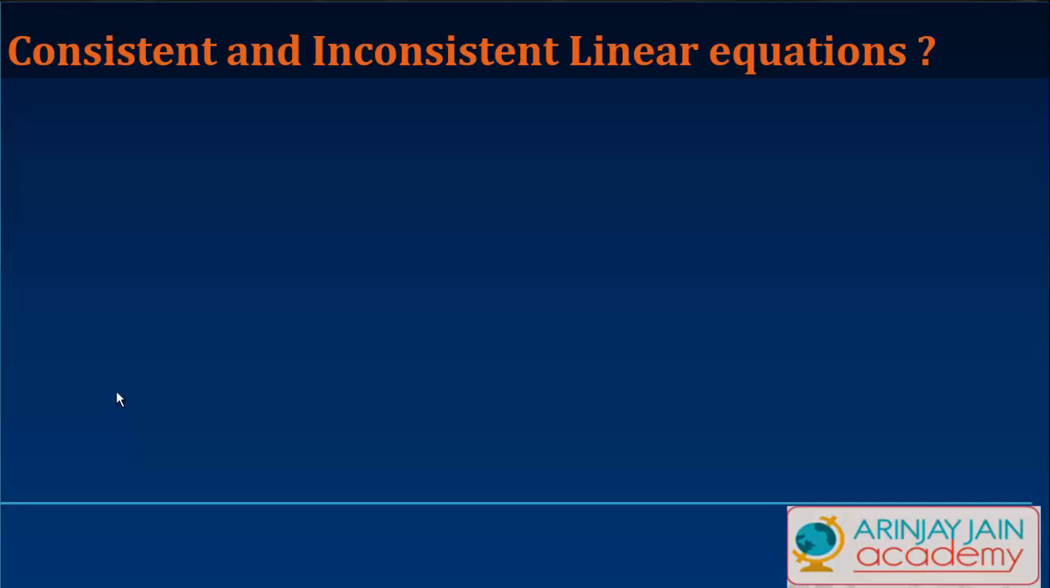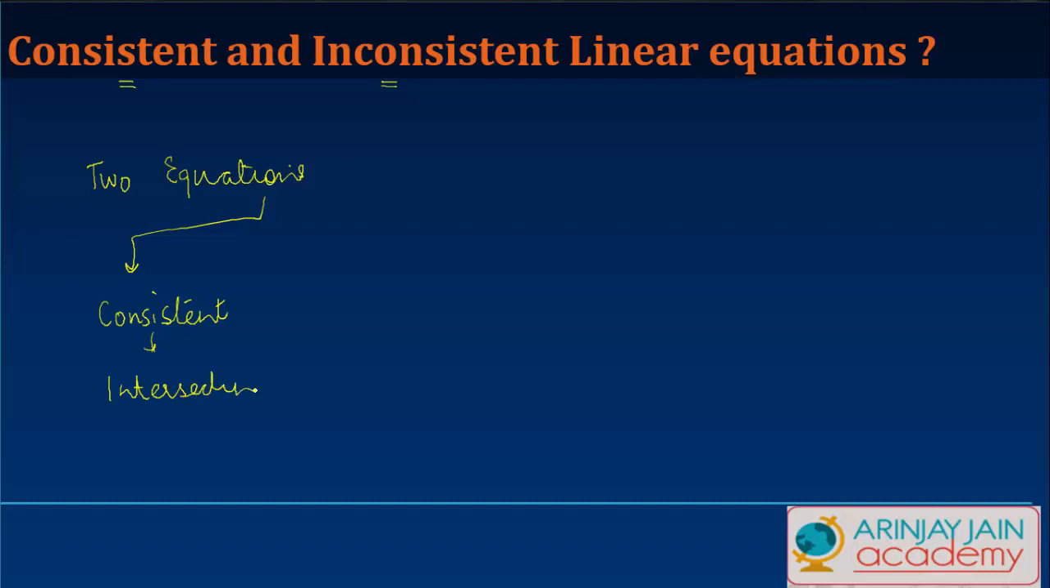In this video, we are going to learn about consistent and inconsistent linear equations. Basically, if you have two equations, these are said to be consistent if they are intersecting at some point. Let's say when we were talking about intersecting lines which are represented by two equations,